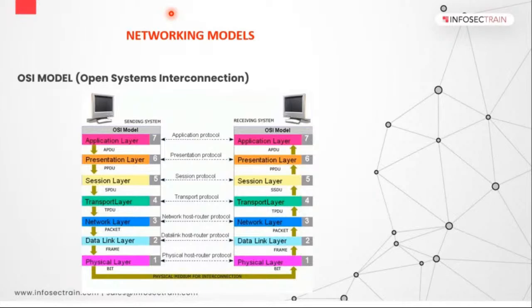Now on the network layer, what will be happening? On the network layer, your IP addresses were added at the sender's network layer. So from the sender's network layer, your IP addresses were added. So at the network layer of the receiver, what will happen?